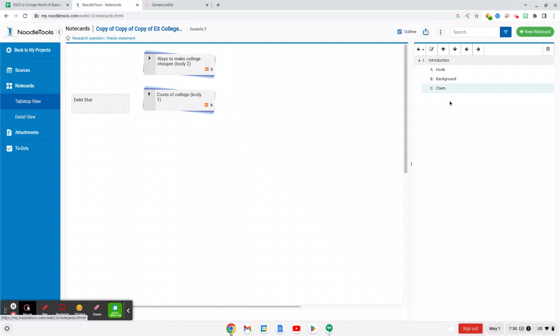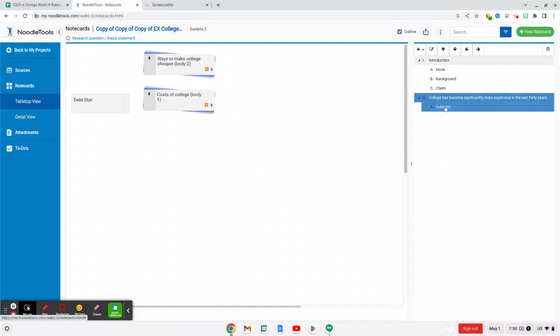After your introduction, you're ready for body one. So if I highlight the introduction, right, and add a sibling, that will give me a Roman numeral 2. That will represent body paragraph 1, right? And then this is maybe where you want to start thinking about your topic sentences. I just want to show you, okay, if I were to add a child, that's when I'd get an A,